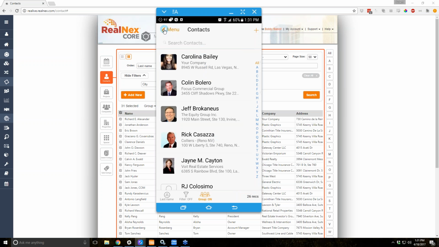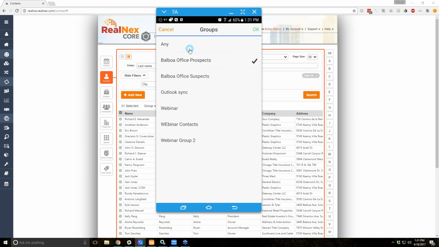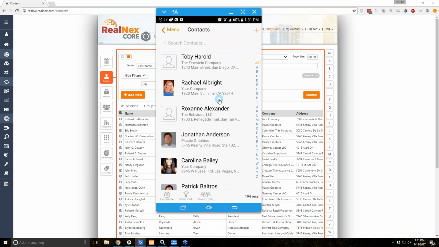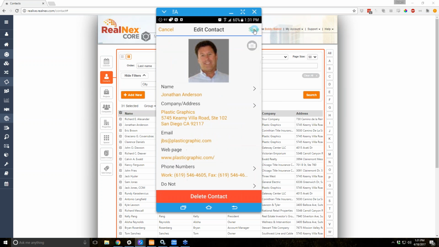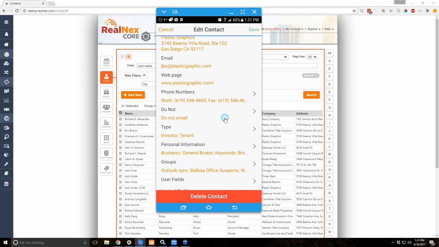Now, in order to add a record to a group, let's go ahead and undo our filter. So let's say we wanted to add Jonathan to a group. From here, we can click on Jonathan and then click on the edit button at the top right. And when you're in the system to edit their name, company, and so on, if you keep scrolling down, you